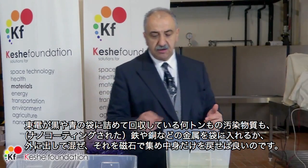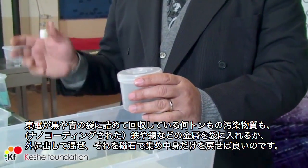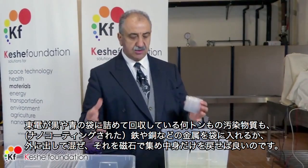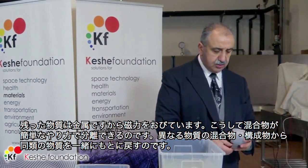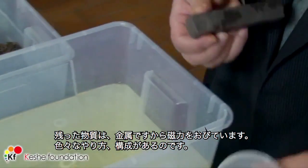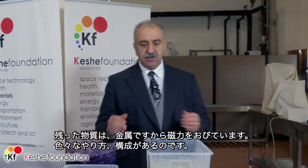But at the same time, in a very simple way, if you have what has happened now with TEPCO, collecting all these soils in these blue bags and black bags in tons and tons, what they can do is mix metals like iron and copper into the sacks or empty the sacks in the environment, and then all they need to do is literally hold on to the material they have in the sacks and empty the product out. What you're left with is residue, which is metallic and is magnetized. So you have again different propositions and compositions back together. So in a very simple way,